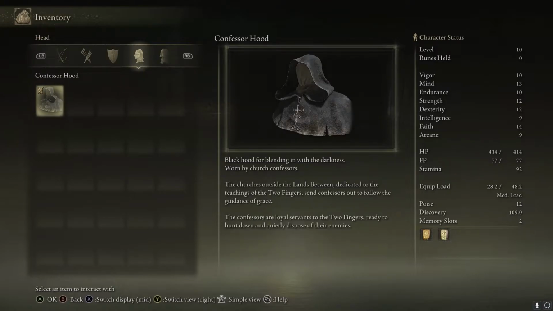And then we come to the armor, which is all Confessor armor, so it's probably going to be a big paragraph that's exactly the same on every piece of armor, and then a little paragraph that differs by like one word or something. The Confessor hood is a black hood for blending in with the darkness, worn by church confessors